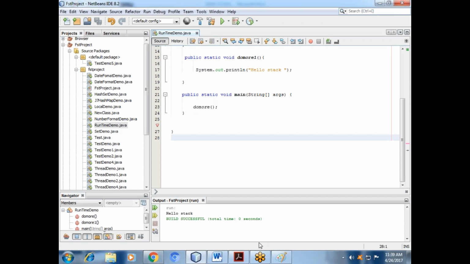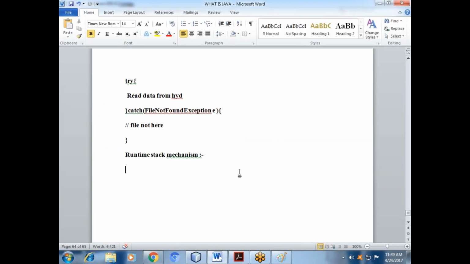So now I will discuss this runtime mechanism. What is the default exception handling in Java?